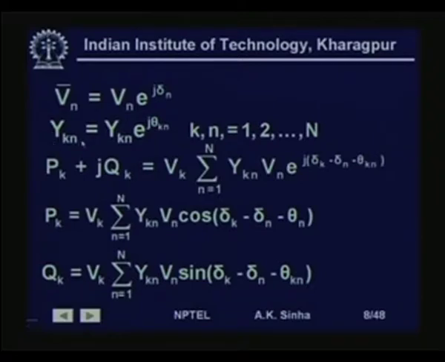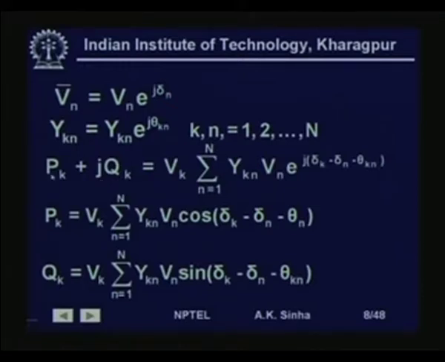Y k n is equal to, since y k n is a complex quantity, this again in phasor form can be written as y k n e to the power j theta k n, where k and n are from 1 to N. So, now in these terms, if we want to write this in terms of phase angles and magnitude for the voltage and the admittances, then we will write this